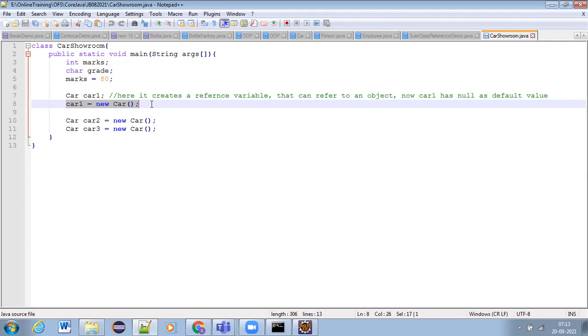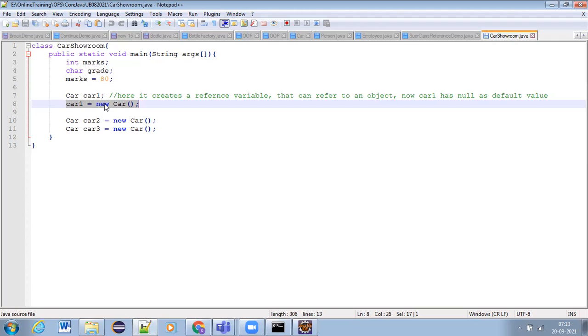Unless we say new car or book or employee, it will not be an object. Okay, clear, guys? So once we write like this,